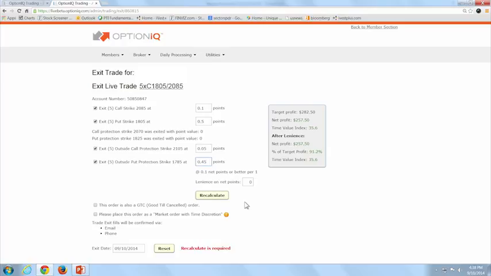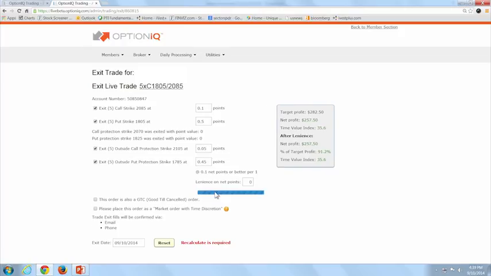For me, I prefer the lenience. The lenience is really, you're taking an estimated price, you're not hassling with it, and you're going to throw a little bit of lenience in. Or maybe you don't do any lenience because you don't really care if you get out now or in 9 days from now when it expires. So maybe you leave it 0. Whatever you do, recalculate if you've made any changes, and then scroll down to the bottom, and at the bottom it allows me